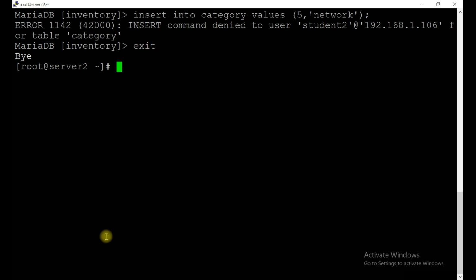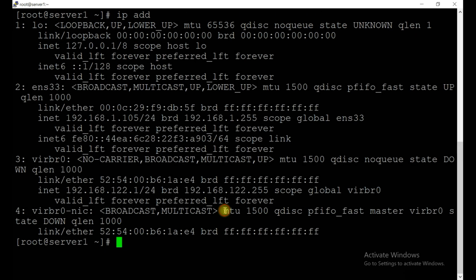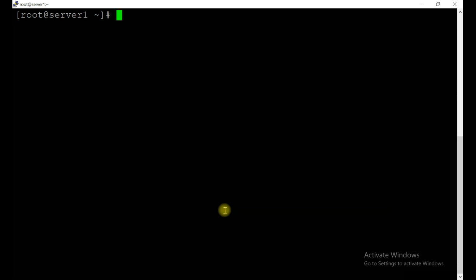Okay, now one last topic, which is backup and restoration. Let's say you have to take a backup of your database, how can you take it and how can you restore it.